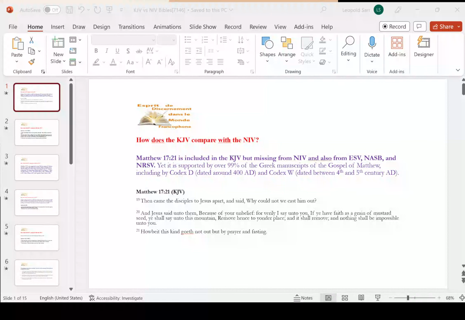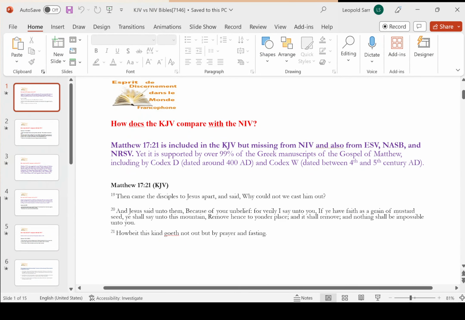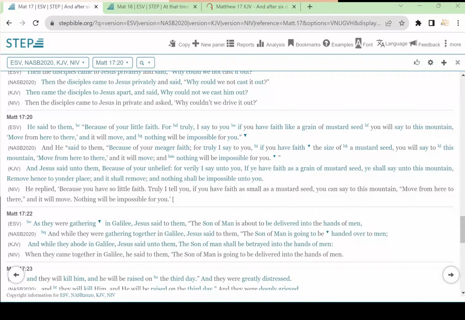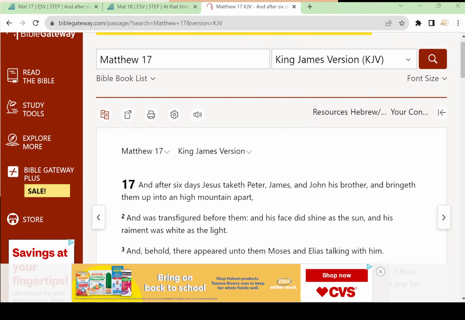Let's take a look at first Matthew chapter 17. You will notice that verse 21 is missing from most of these modern English versions of the New Testament. We can look at the screen and see where those differences are by looking at this website called stepbible.org. You can see here the Gospel of Matthew chapter 17. It has verse 20, then it jumps to verse 22. So the ESV, the NASB, the NIV, all of them do not contain verse 21. But the King James Version does include it, as you can see here,